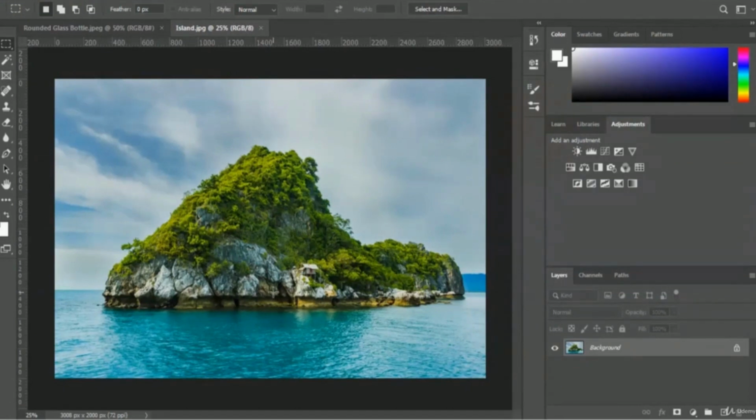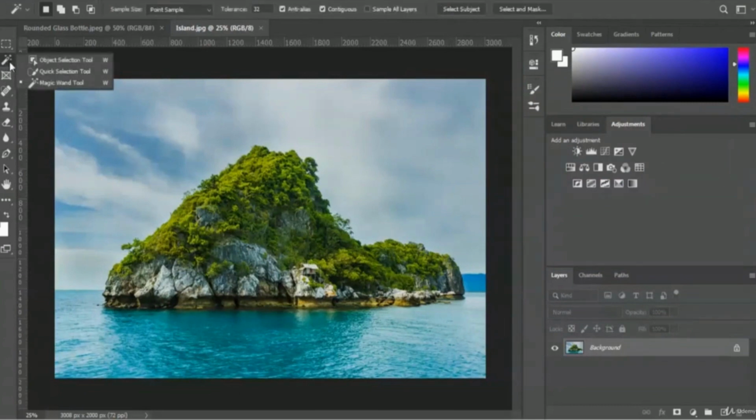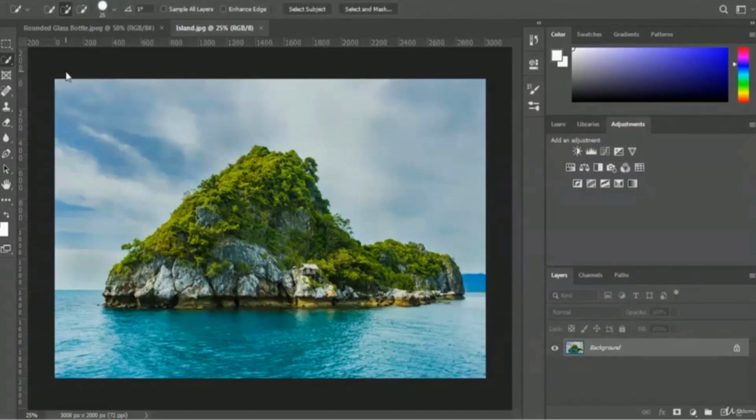So therefore we have to use a quick selection tool in here. To use quick selection tool, we have to right click with our mouse in this magic wand tool option. So you just have to right click with your mouse in magic wand tool, then you will get this quick selection tool on there. So let me select this quick selection tool, and